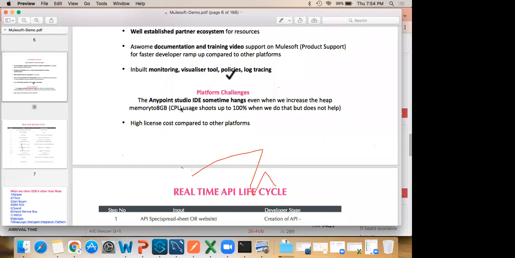Sometimes even with 8 GB it may hang and not work properly. Not all the time. If you use it 100 times, hardly 1 or 2 times it will hang. So I can say that is some disadvantage. And the second thing is high license cost compared to other platforms. This is not our cup of tea.